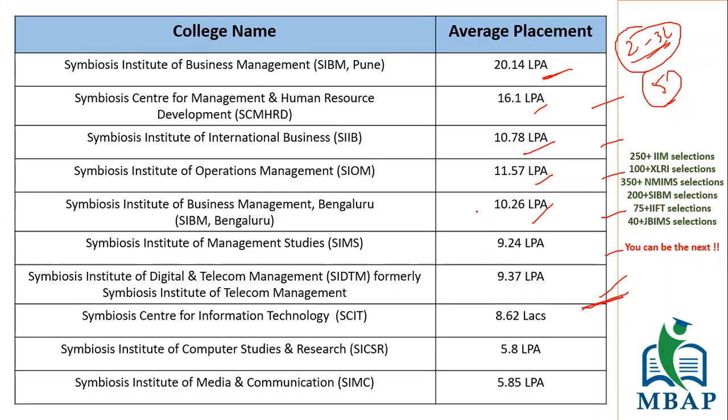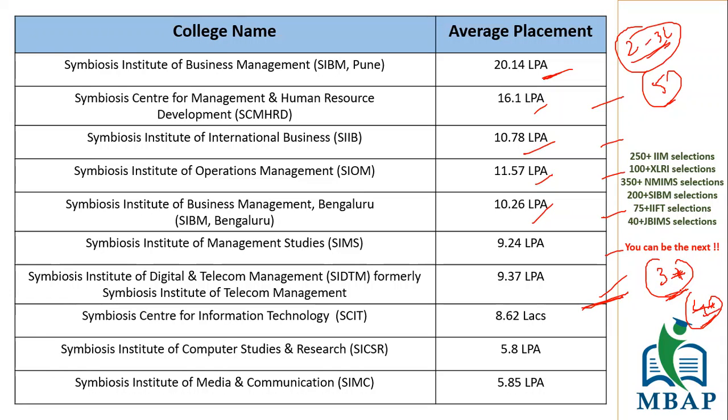Again, the same point: if you want to go for a higher-level college, you should definitely repeat and go for a tier 1 college only. But in case someone has a total of 3 years plus experience, I would say do not repeat. For students with more than 3 years of experience, do not repeat. You need to take a college this year, because if you get 4+ years of experience next year, tier 1 colleges might not take you.